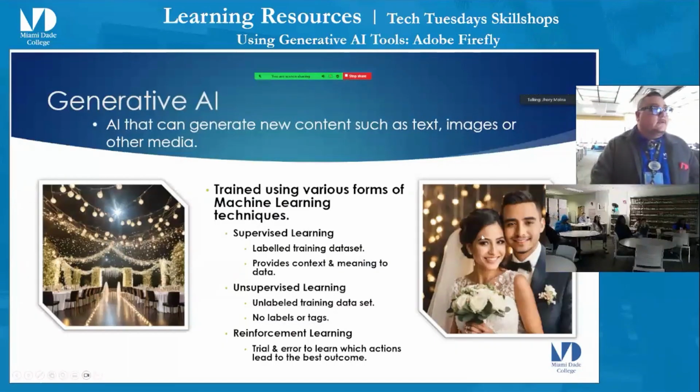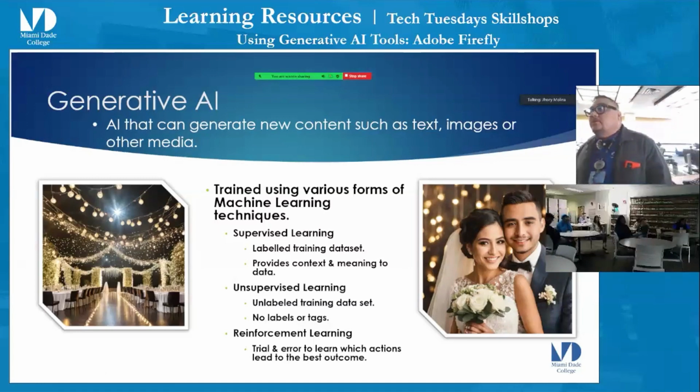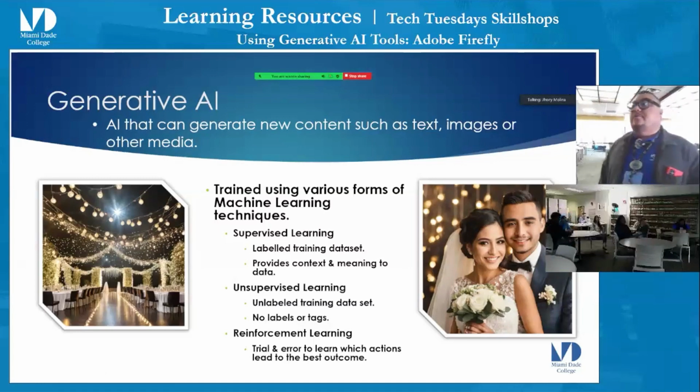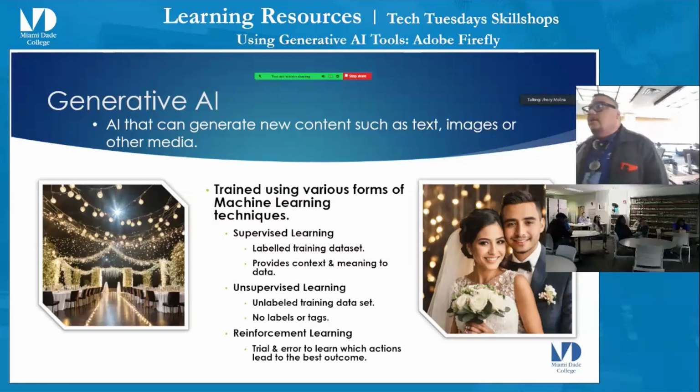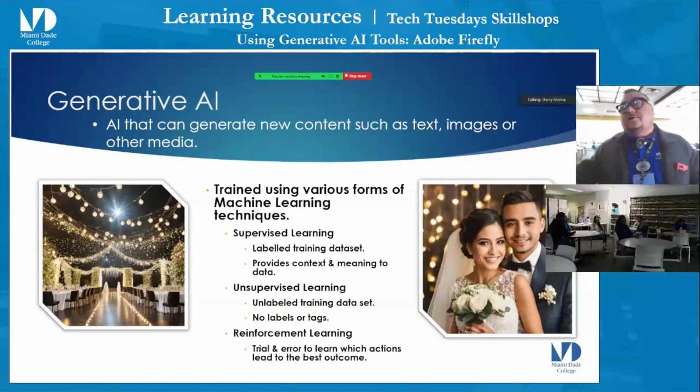Let's see. So generative AI. This generative AI generally refers to content. These are AI that you interact with using natural languages, and again, you're using prompts to generate text. ChatGPT is a conversational artificial intelligence that uses text, images, or other media. Adobe Firefly would apply to images, and that's just one of the portions that Adobe Firefly covers. It also involves